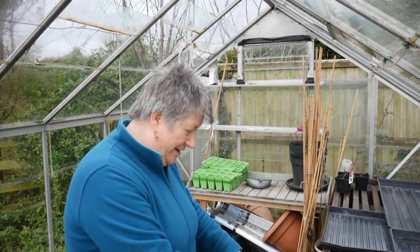But the thing that I did do that was such good news was to replace the glass in the doors. When I tidied up under this workbench, and there are several panes of glass here, 2 of them I suddenly realised were the ones I'd set aside for the door. So having spent 2 years with cobbled together pieces and bubble wrap in the top half and the wind blowing through it and ripping the bubble wrap and everything, the glass panels are finally in, so the door is now